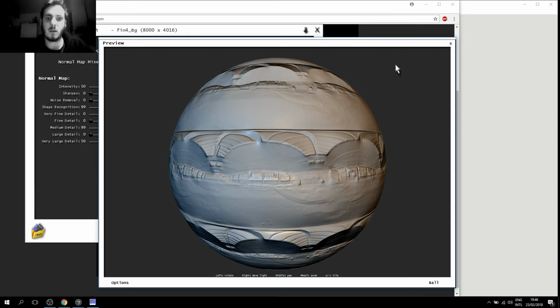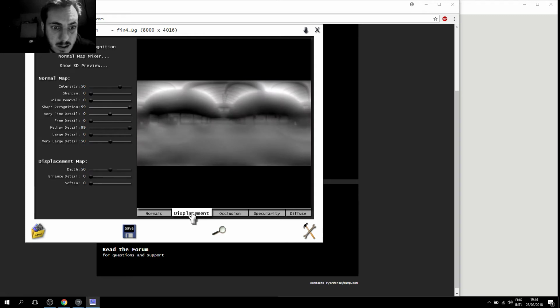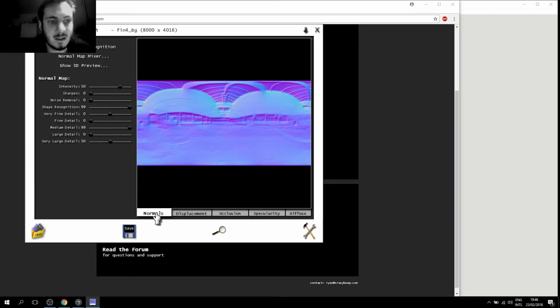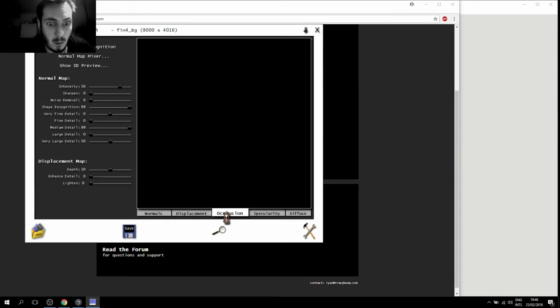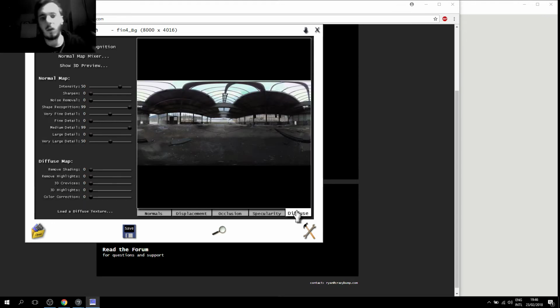It creates all these different maps and maps it onto a sphere, in this case just to preview it. It generates a normal map, which creates the bump, and the displacement for even more bump. We're not going to use the occlusion, but the specularity is a big one. This tells the material where the light reflects, and the diffuse is just the color itself. And you can export them all and load them straight up into